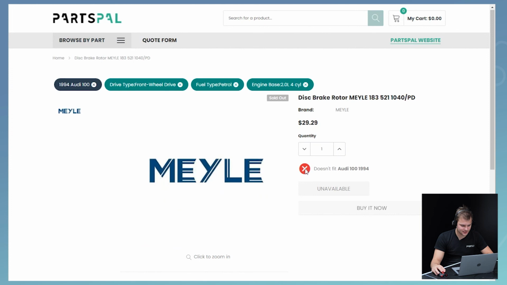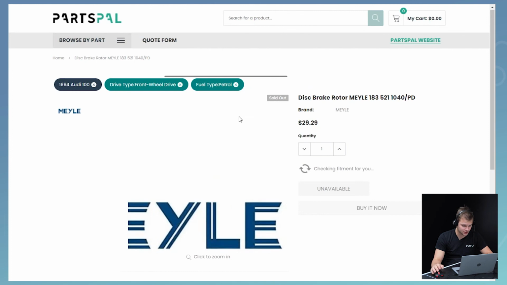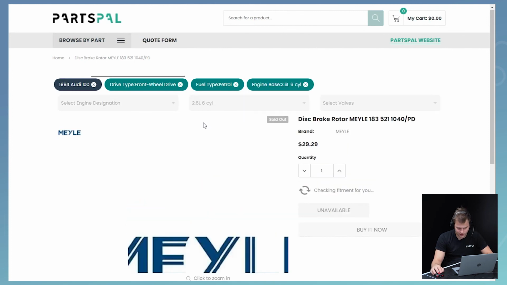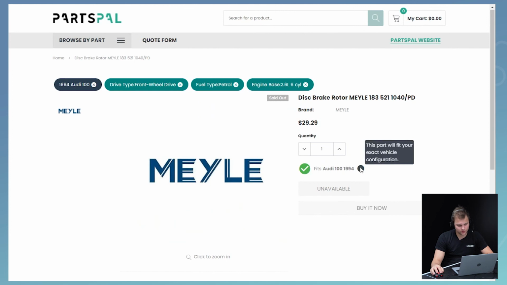Now in this particular case, it did not fit this vehicle, but if we selected a different engine base as an example, maybe the 2.6, there it does fit. And if we hover over this, it says that this part fits this exact vehicle configuration. So this is what we call vehicle config fitment. Essentially, the way it works is rather than just relying on the year, make, model, which is not the most accurate way of determining fitment for a specific auto part, our system will actually dynamically ask the correct next question about the customer's vehicle in order to actually determine whether the part will actually fit or